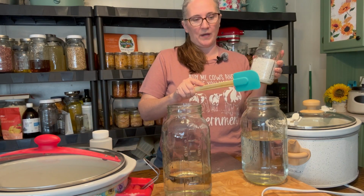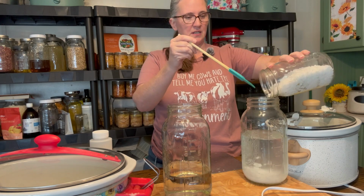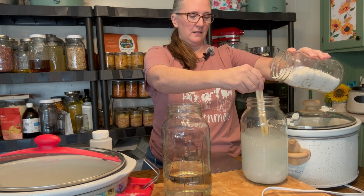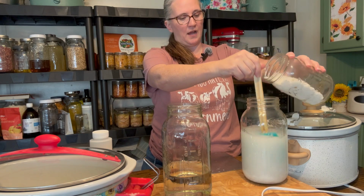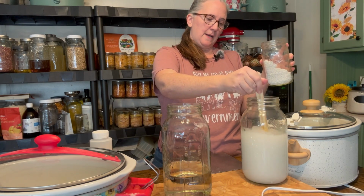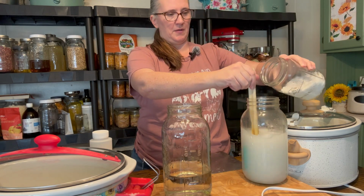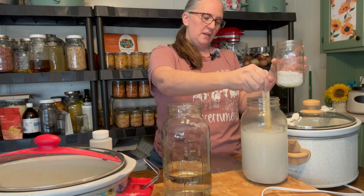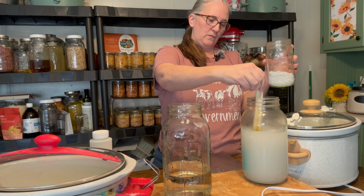I've already got my water weighed out here, and what we're going to do is slowly dump in our lye. And don't be fooled, because the lye is different. This is going to get pretty hot too. If you dump too much, or you're starting with a warm liquid, you're going to want to let it calm down. I don't know if you can hear it growling at me, but it'll actually growl when it starts to melt because it heats up. That's why it's imperative to do it little by little,